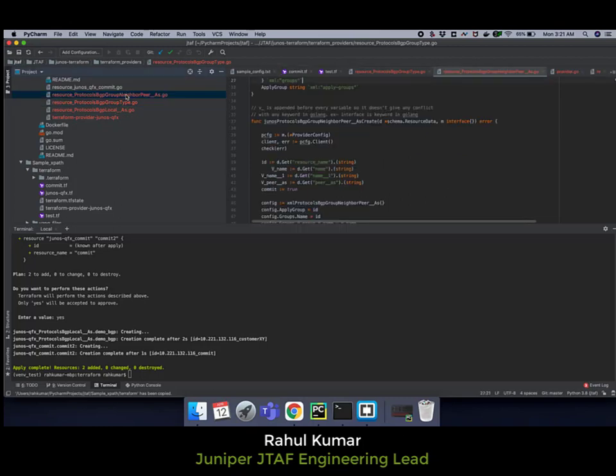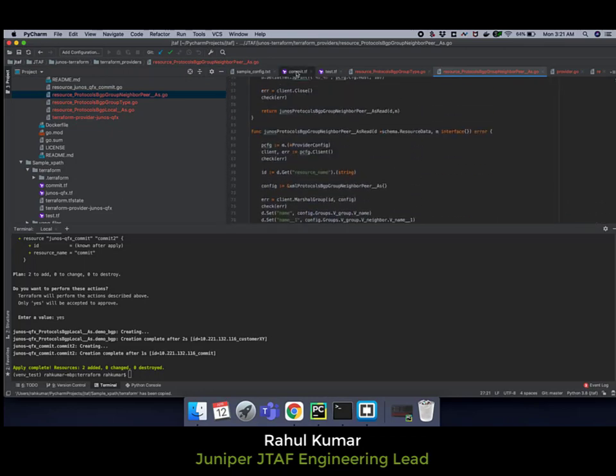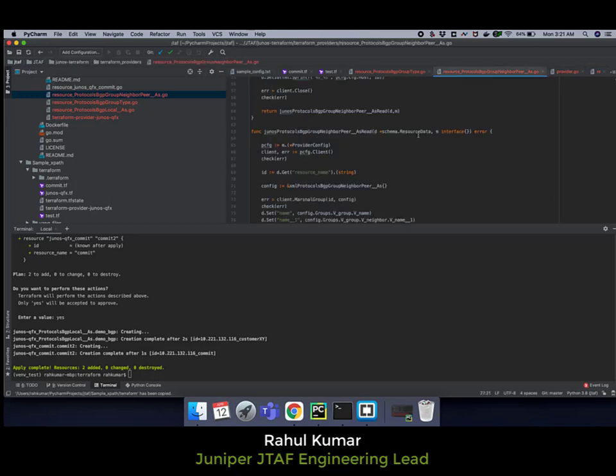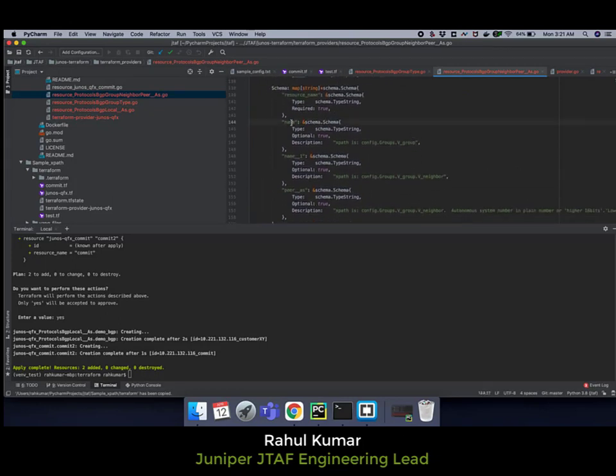Then if we see peer, it has multiple lists defined in it. This is also a list, this is also a list, and both have the key name. That is an issue that will happen. That's why it has always been recommended that if a particular container or list has a large number of elements, it should be divided into smaller chunks. Right now, the neighbor peer has a generated module. It has the name key element, and this is the XPath where it goes.